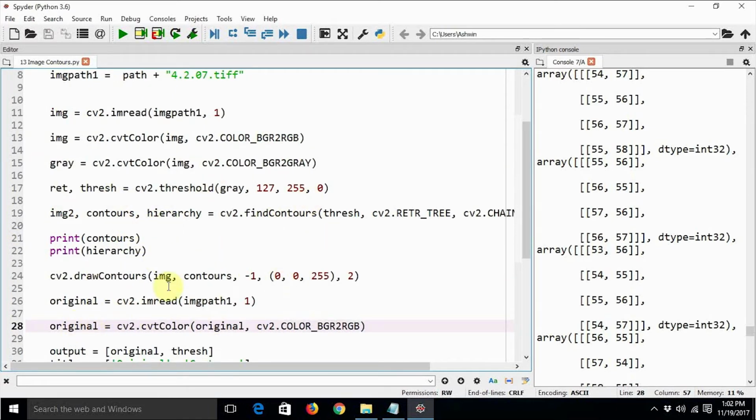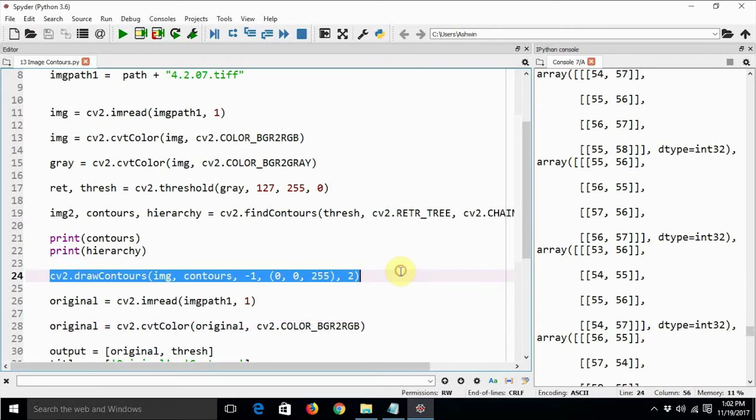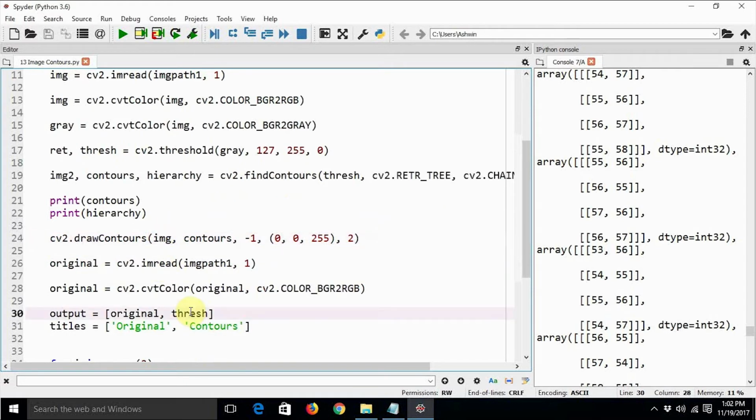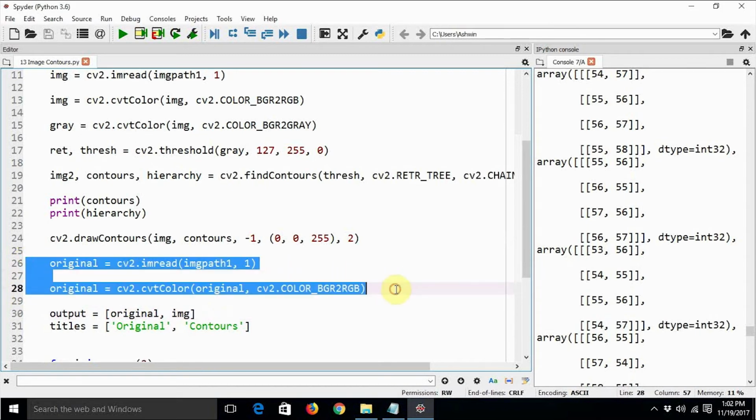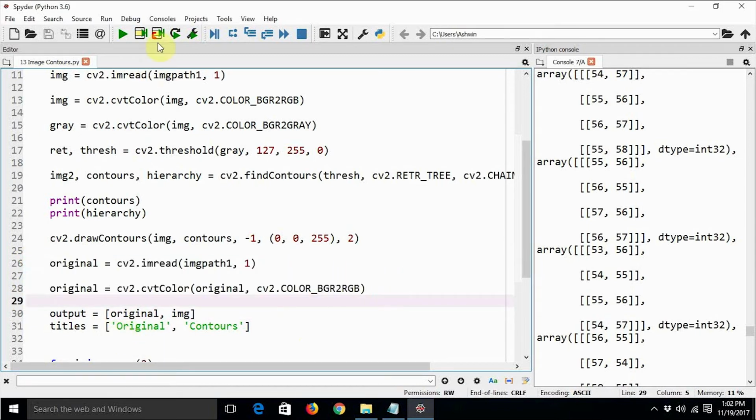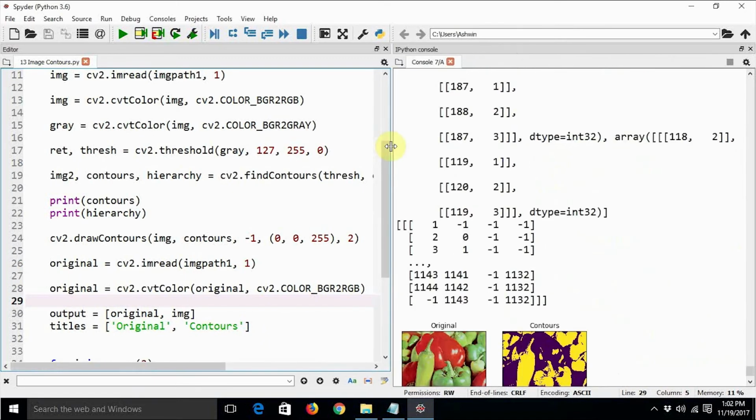So where were we? Okay, here we were on cv2.drawContours. The parameters to be passed to cv2.drawContours are the image as well as the contours. Once we pass these arguments, it is going to take the list of contours and superimpose it on the image that we are passing, and hence the output will be stored in the variable img. And then we are reading the original image again from the file, and displaying it. So once we execute this code, besides the original image, we are going to have the image superimposed with all the curves of the contours.